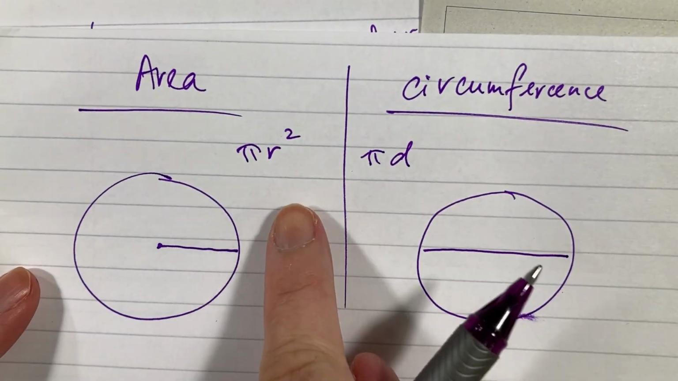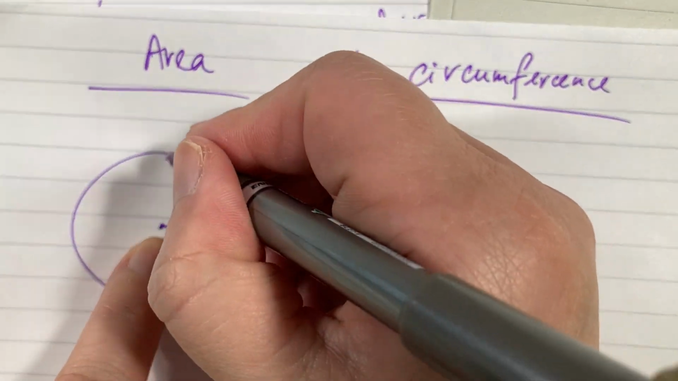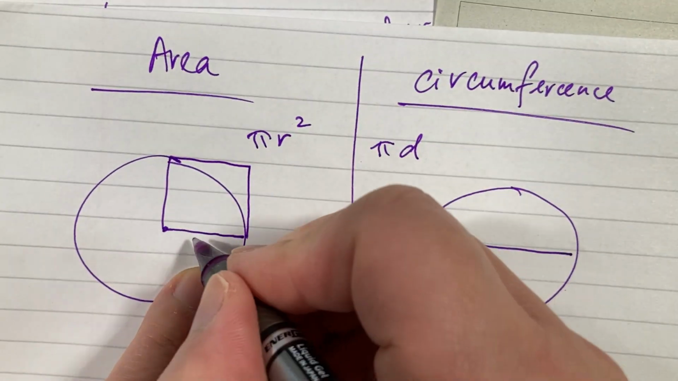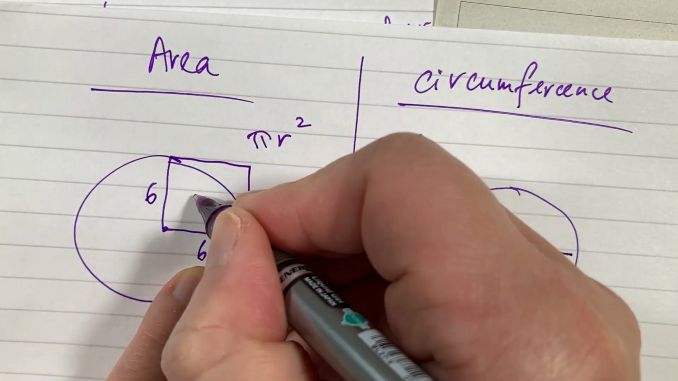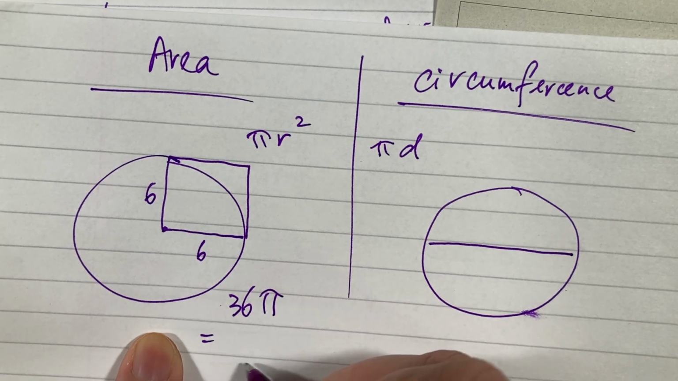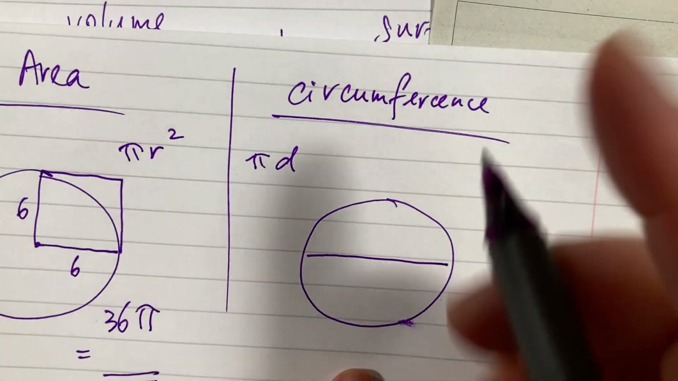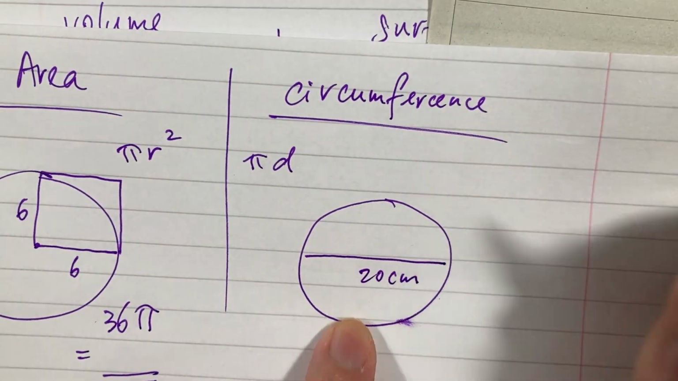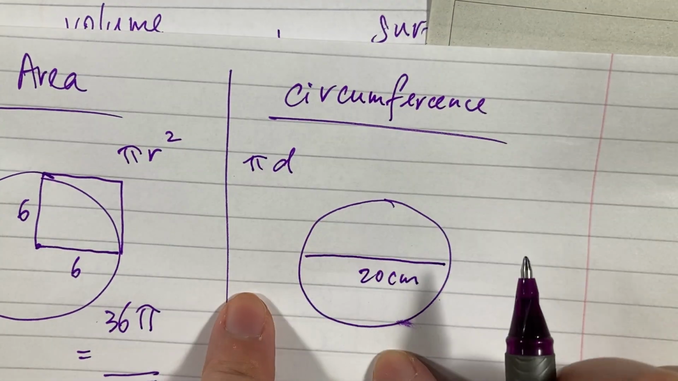The one at the back is area of the circle and circumference of a circle. Same thing. This one, you need the radius. Once you got the radius, you draw a square. For example, if it's 6, that will be 6 times 6, 36 pi. And then in your calculator, if they give you the diameter, for example, 20 centimeters, for the circumference, you know